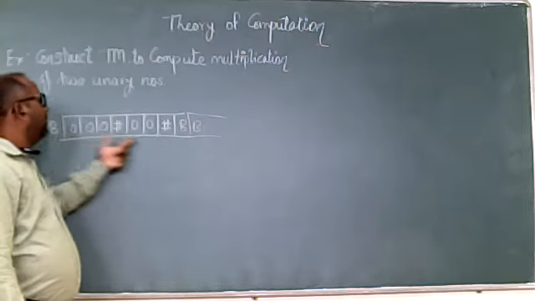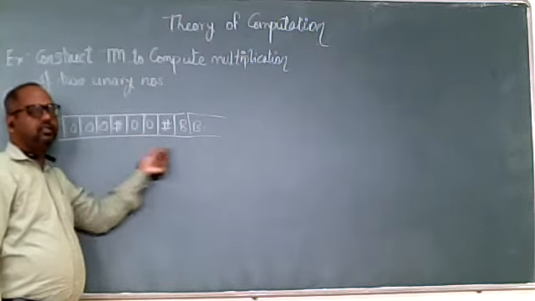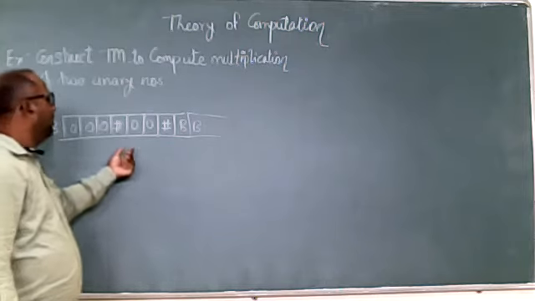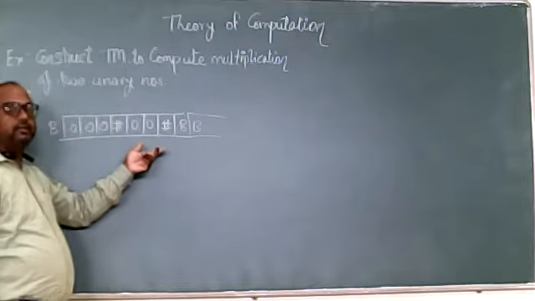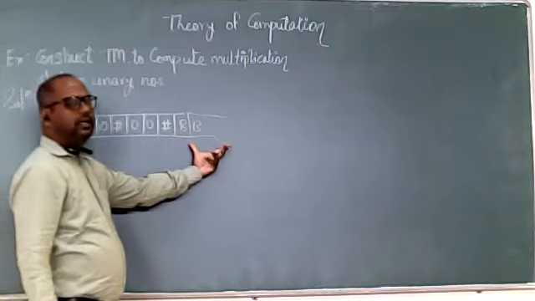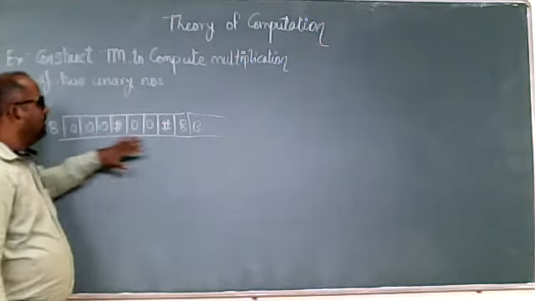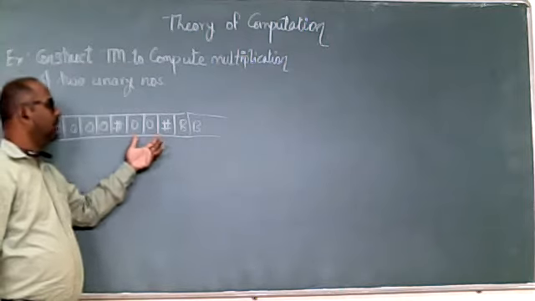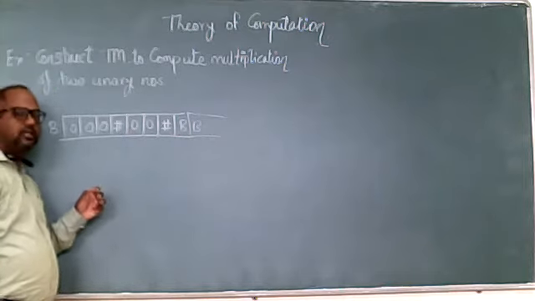So this is 3 multiplied by 2. Now these numbers are separated with a special symbol called a hash. Hash is nothing but a type symbol. The result of this multiplication will be at the end. So at the end we have to keep all these numbers as they are: 3 multiplied by 2, and the result. That is the objective of today's problem statement.